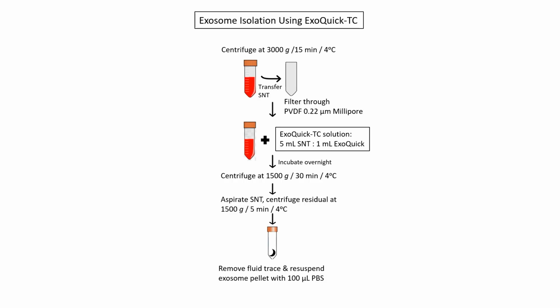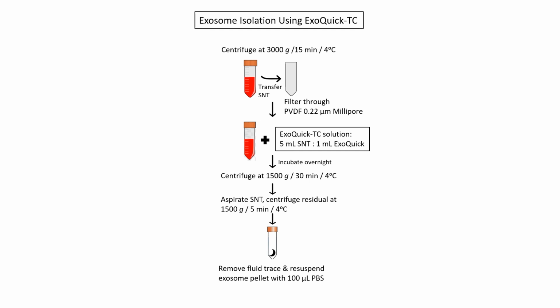Following the ExoQuick user manual, the collected conditioned media was centrifuged at 3000 gravitational force, or G, for 15 minutes at 4 degrees Celsius. The supernatant was then transferred to another new centrifuge tube, after which it was filtered through a 0.22 micrometer PVDF filter. Then ExoQuick reagent was added according to its ratio to the amount of conditioned media and left at upright position